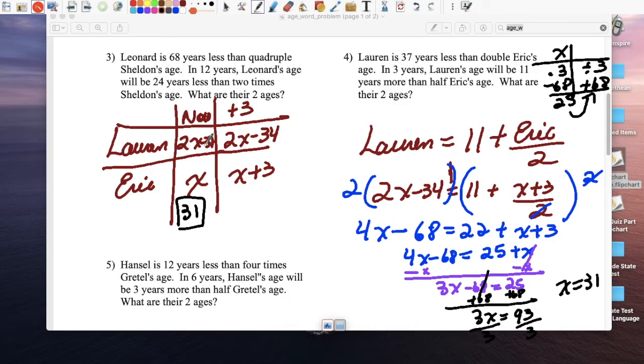Lauren is going to be 2 times 31, which is 62, minus, and I think that's 37, so 62 minus 37. 12 and 7 is 5. 5 and 3 is 2. So Lauren is 25 years old. In 3 years, Lauren is going to be 28, and Eric is going to be 34. So let's see if that relationship works. It says that Lauren is equal to 11 plus Eric divided by 2. So what's Eric? Eric is 34. So 34 divided by 2 is 17. And 17 plus 11, oh, look at that. It actually gives you 28. So far, I haven't made